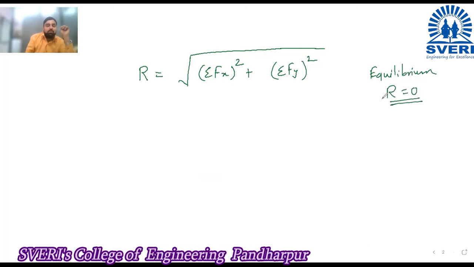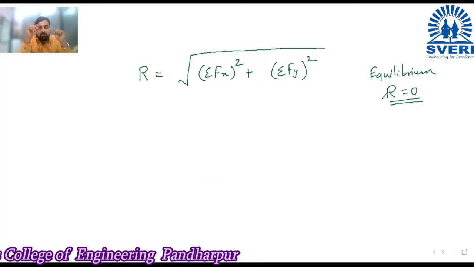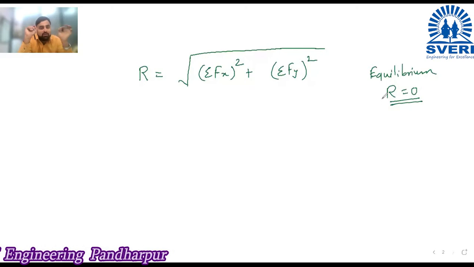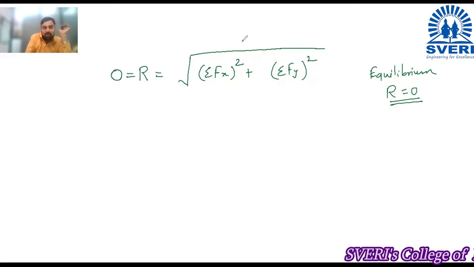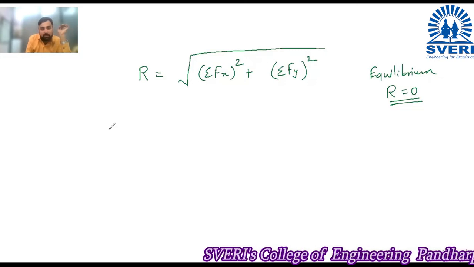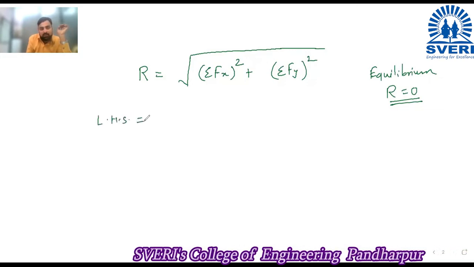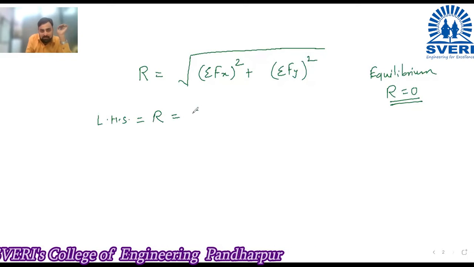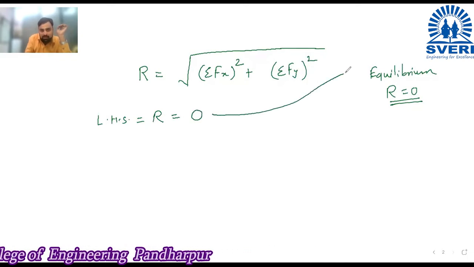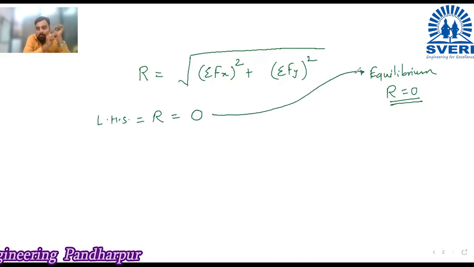मग आता जर एखादी बॉडी ही जर इक्विलिब्रियम मध्ये आहे तर त्याच्यावरचा रिझल्टंट फोर्स किती असणार आहे? 0 असणार आहे. ओके, मग म्हणजेच R 0 असायला पाहिजे ना. मग जर या R ला मला 0 करायचं असेल, ही माझी आता LHS आहे बघा, इथेच लिहित नाही मी, खालच्या वेळेला लिहितो सो दॅट यू विल नॉट गेट कन्फ्युज. See, my LHS, left hand side, is equal to R. Consider this equation. ही असायला किती असायला पाहिजे? 0. कधी 0 असायला पाहिजे? When system is in equilibrium.